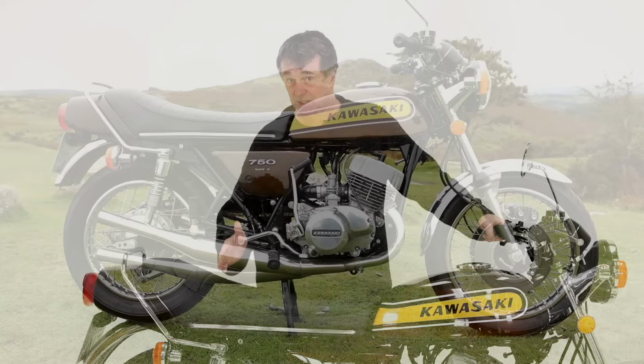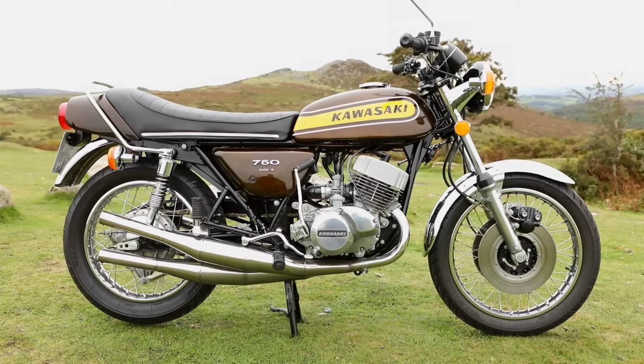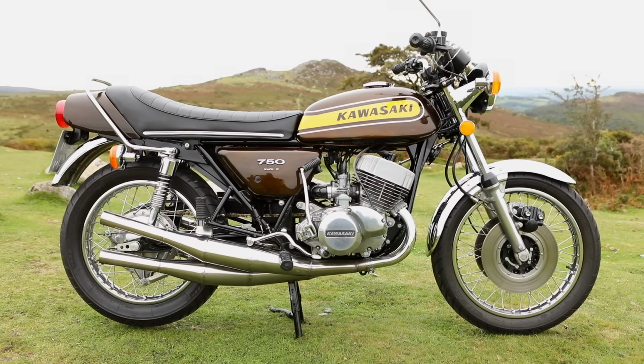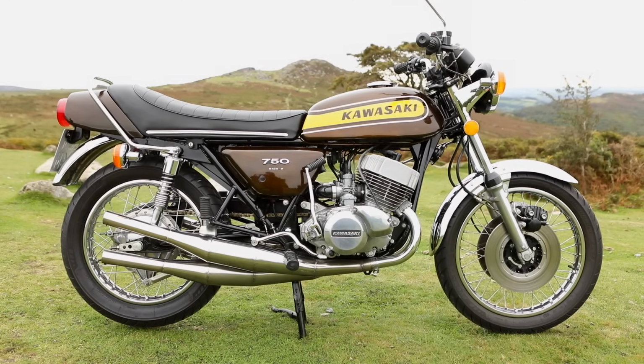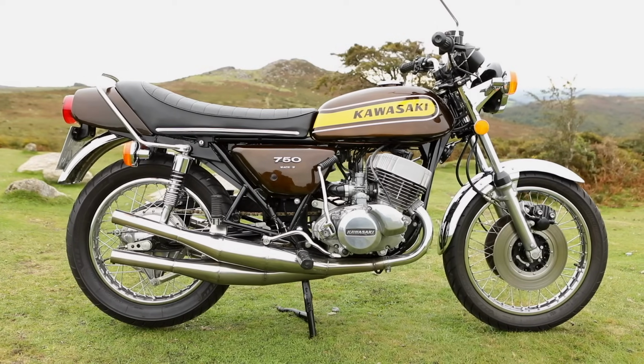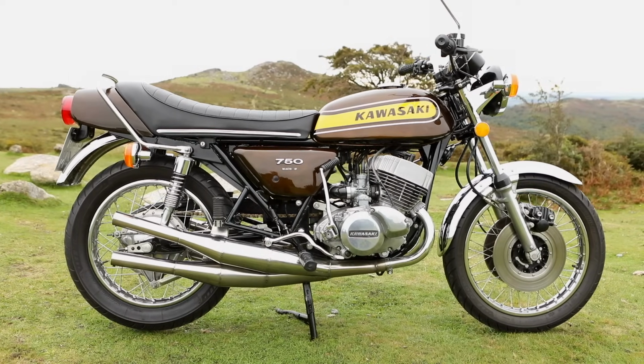We were very privileged to be able to buy this motorcycle for a client of ours, because when Alan very rarely does sell a motorcycle, he'll do it through us. If you can find one, this is a great investment. Nobody else is going to have one, and it's a joy to own and to ride. So that's the 1973 Alan Millyard Kawasaki H2 1000, the motorcycle that